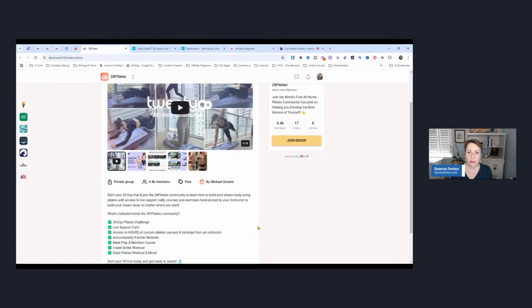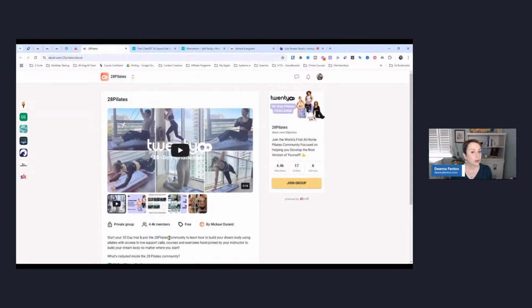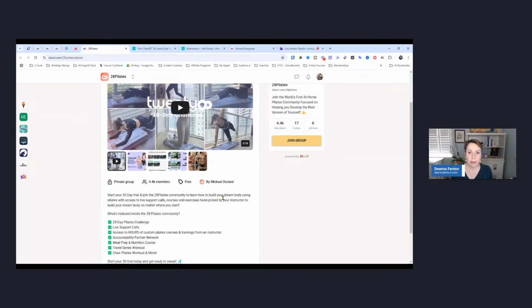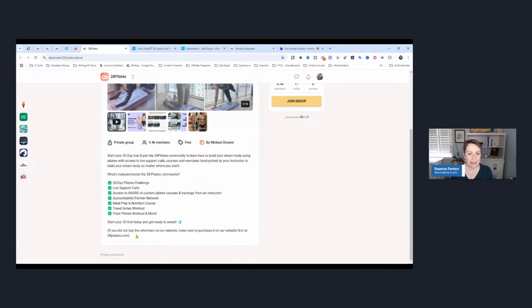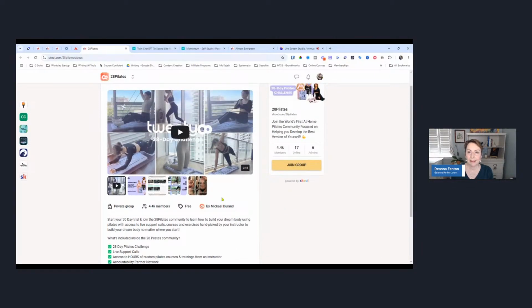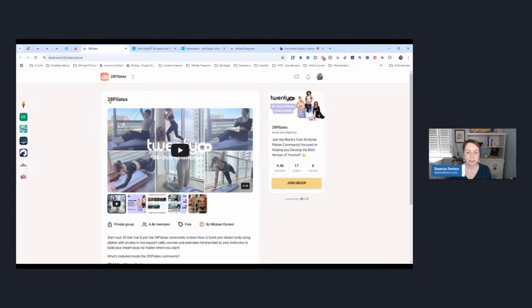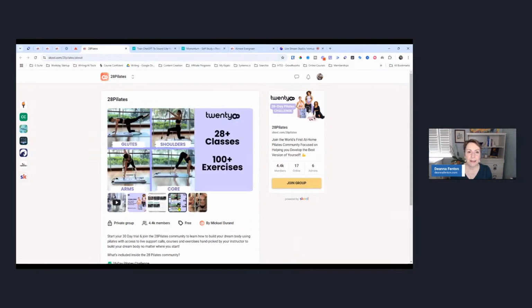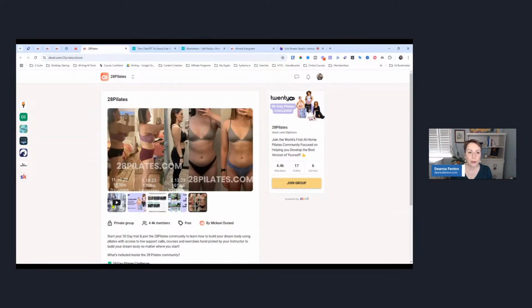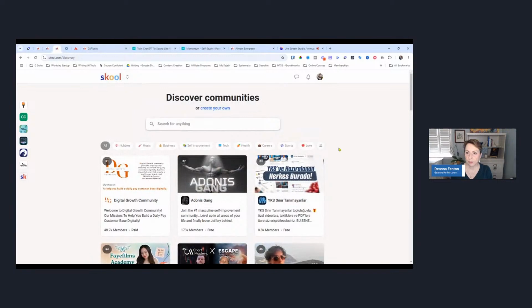But see, this is how they structured it. Start a 30-day trial and join the 28 Pilates community. So obviously it says free, but they're using a free trial. And oh, see, this is specifically for people who have bought their reformer products. So this is not maybe a great example, but you can see again here, they've got these photos up here. So they're using this as their sales page to encourage people to join their community.